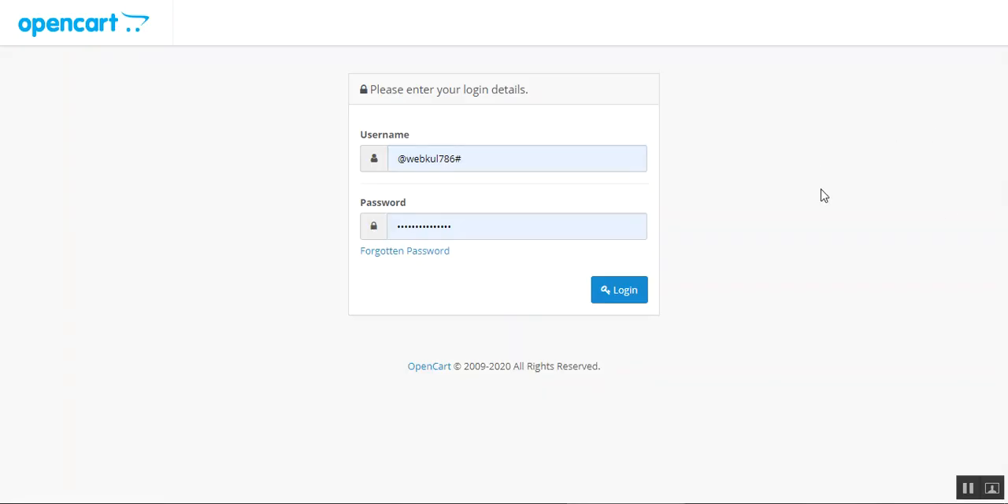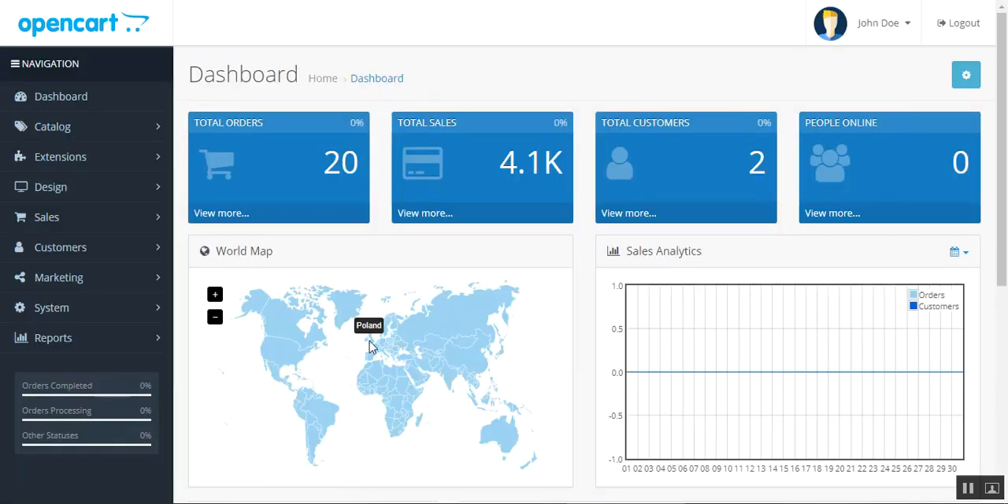So here I'm at the OpenCart backend panel right now. I'll enter my username and password and tap the login button to access my backend panel for my OpenCart web store. Now after I've entered my dashboard, after you successfully install this particular